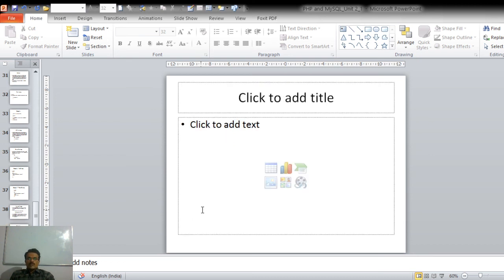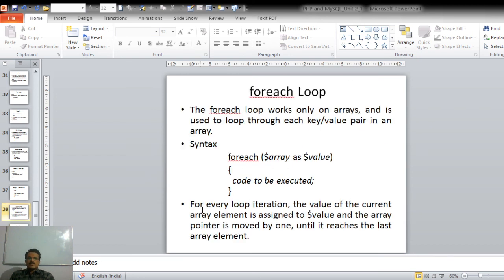So in this lecture we have discussed the conditional statements, the if statement. We have seen 3 variations of the if statement: a simple if statement, then if else statement, then if else if statement. After that, the switch statement, which gets executed based on the condition.